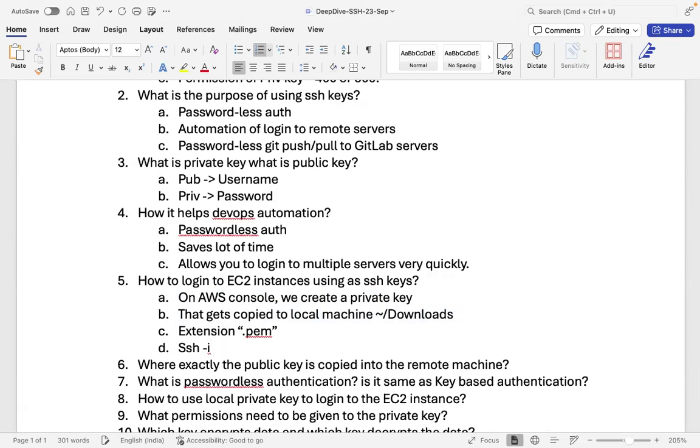No, ssh -i. You need not be in the same folder. You can be anywhere. You can say downloads/mykey.pem. So you can put the complete path like this, either with the tilde symbol or you can give the complete path. Then your username, ec2-user, username at IP address. So basically, -i is the key input, your key file name, and then username at IP address, which is equivalent to